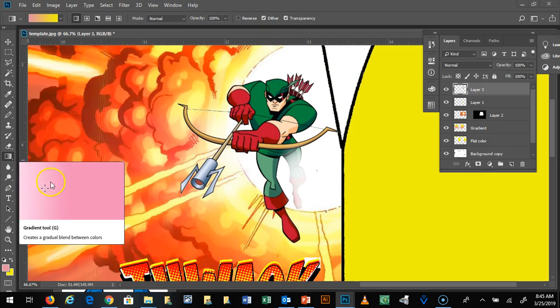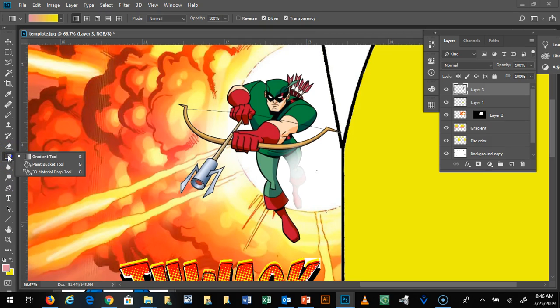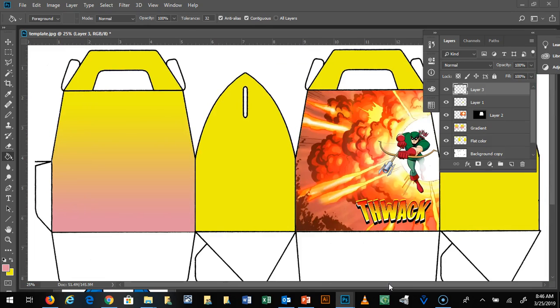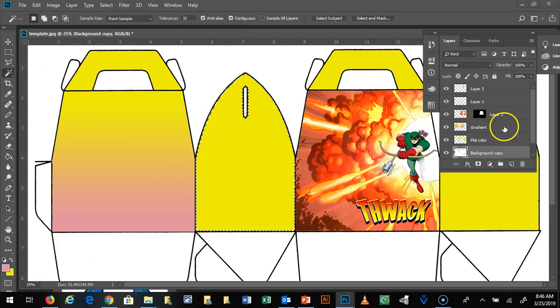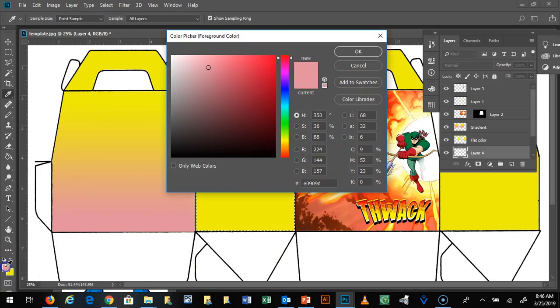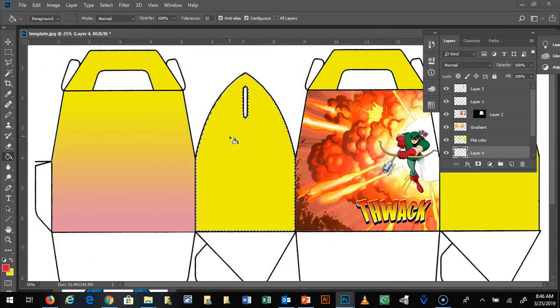All right, the gradient tool, we already went over that. It's also bundled with the paint bucket tool, which you might have a use for. The paint bucket tool will also fill an area really quickly. So let me zoom out here a little bit. Another way to fill something really quickly: I'm going to go back down to my background copy, select with the magic wand, create a new layer, go back to my paint bucket tool, pick a different color, like red, hit OK. Now if I just click inside that selection,